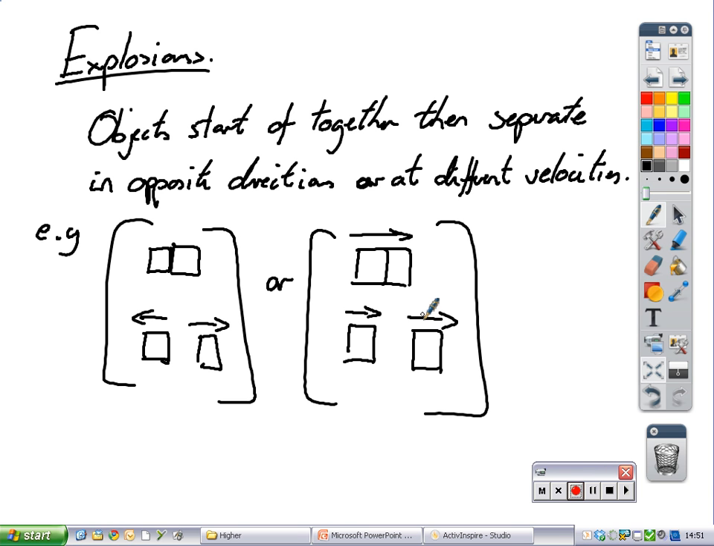How about the second one, like if the second falls, you just use the same M1. Always, because momentum is always conserved. Okay, so that's collisions, that's explosions. We've done collisions. Let's have a look at